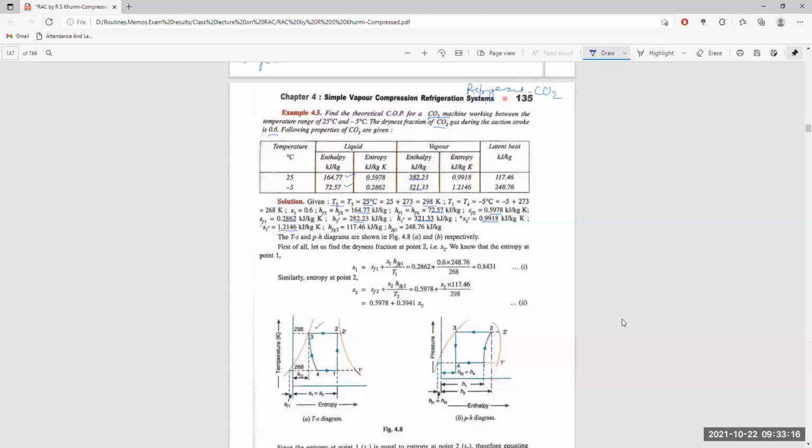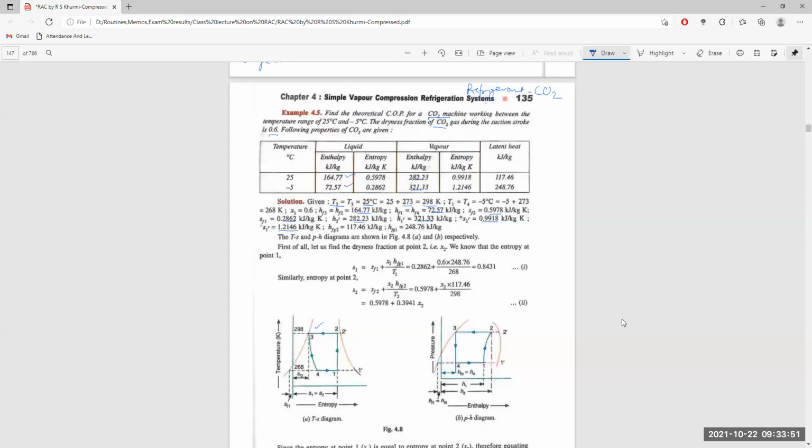And 3 to 4, as we are assuming that enthalpy remains constant from here to here, but there is a certain loss of entropy. At point 4, entropy changes from 4 to 1 itself because there is a heat transfer, I mean heat acceptance from the surrounding takes place. From 3 to 2 there is a change in entropy because at the condensation we are rejecting heat to the surrounding itself. So what more is given in the problem?